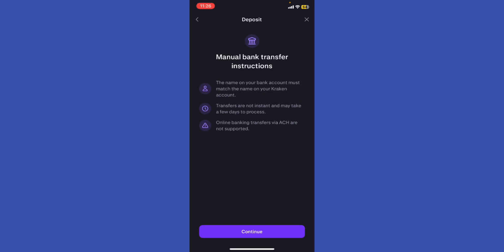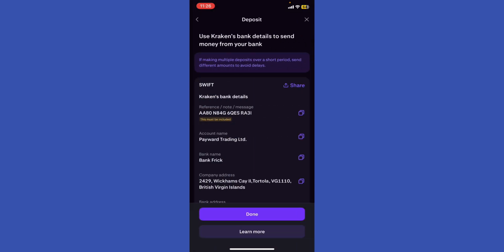The name on your bank account must match the name on your Kraken account. Transfers are not instant and may take a few days to process. Online banking transfer via ACH is not supported. Click continue and copy the Swift bank details, and then add the information to your bank account so you can